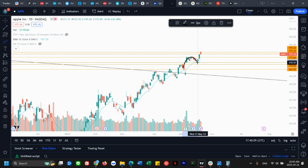And that's a potential daily head and shoulders for me. A daily head and shoulders is a bearish pattern, meaning this is the left shoulder, this is the right, this is the head. And if we do pull back enough, then we have the potential of shaping up a right shoulder that can confirm a bearish pattern if this breaks the neckline, which is right here. Then if it breaks there, it's a confirmed daily head and shoulders pattern. So that's potentially likely shaping up